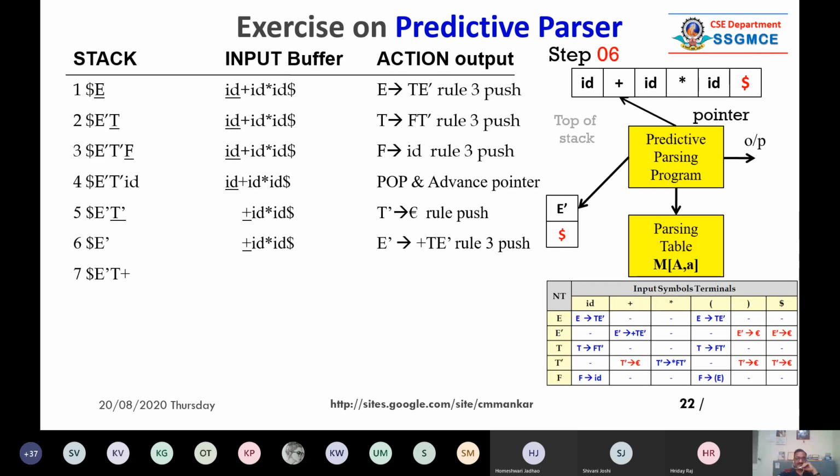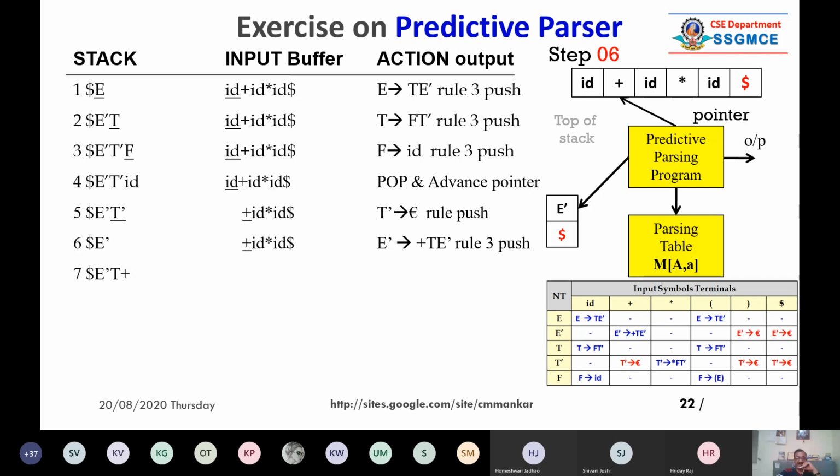See here. So what we have done? We have removed the T dash. See line number 6, serial number 6. Only because of this space, I have just shifted this, and it is very hard to keep all the things on one slide. It is only for understanding, but from the next examples, I will simplify it in a simpler way.